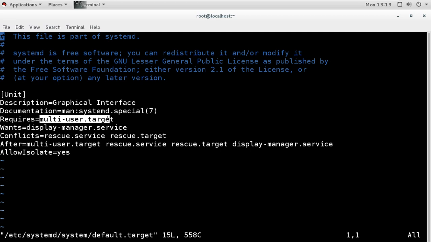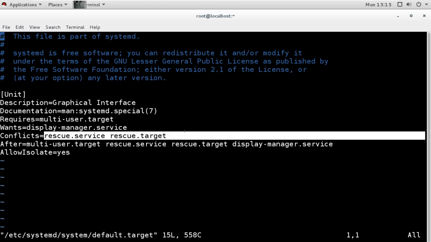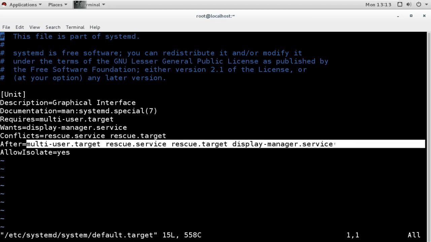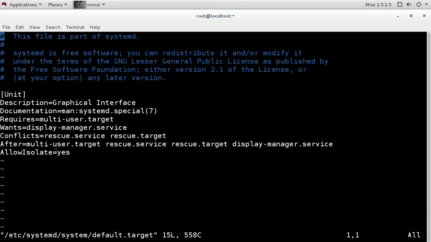This is a very simple script. It requires multi-user, that means it is command line. So first command line comes, then graphical comes, and it wants these services, and it will conflict with rescue. So if you go for single user mode, rescue mode, emergency mode, then this graphical will not start, and it will only start after executing all these targets and services. These are the dependencies for the target, and this is isolatable. That means we can isolate it from multi-user to graphical.